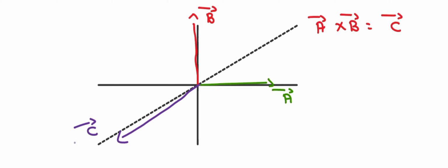In this case the c vector is perpendicular to the a vector, because the angle between the z-axis and x-axis is 90 degrees. Also this c vector is perpendicular to the b vector, because the angle between the z-axis and y-axis is 90 degrees. And this c vector is perpendicular to the plane containing the a vector and the b vector, which in this case is the xy plane. Now let's try some examples.